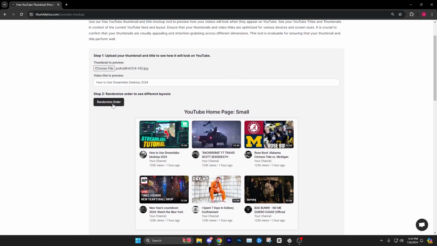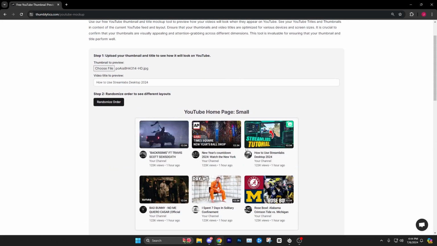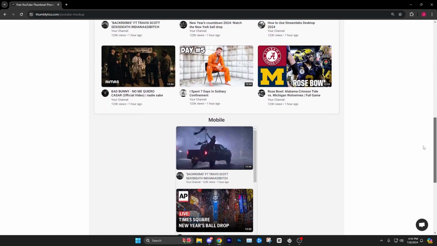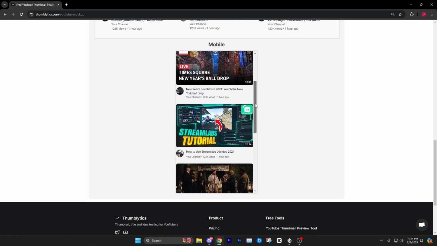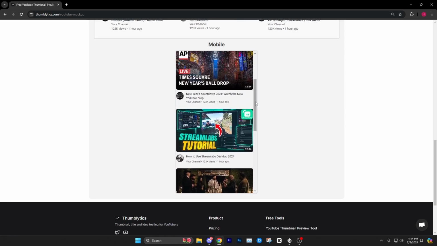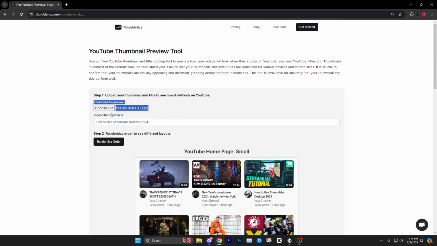Also, if you scroll to the top, you can click randomize order, and it will change the position just to give you a different look as to where it is. So then you can scroll down and review it again. And just imagine you're in the viewer's shoes, and you're looking for a video to watch. Is it going to stand out? Is the title going to be good enough to match up with the thumbnail, and are you going to click it? In this case, I think this is a good title, but if you have a different title,